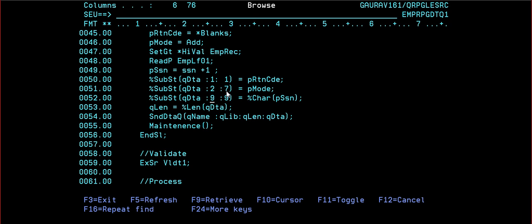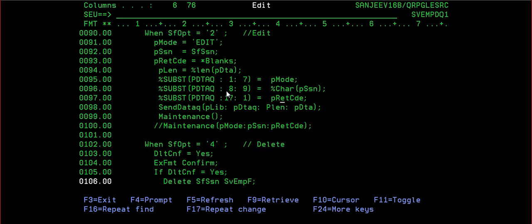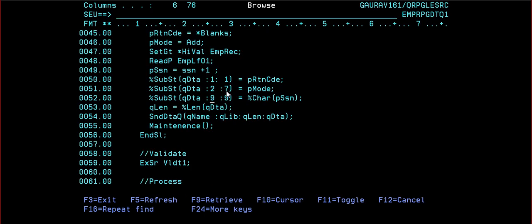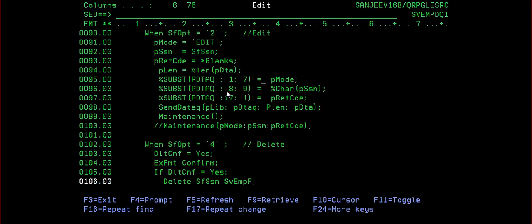So here it is a little different. P mode 1 to 7. Character.